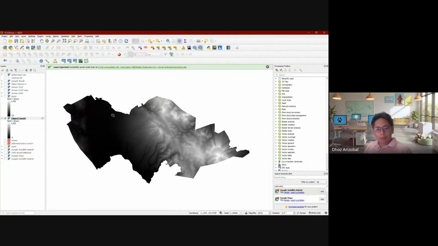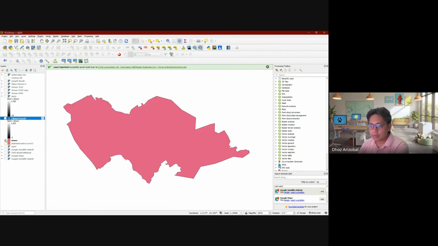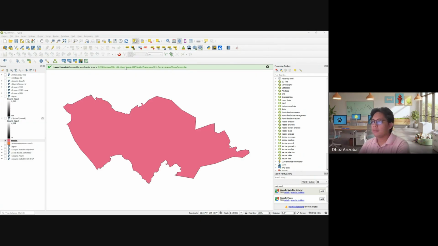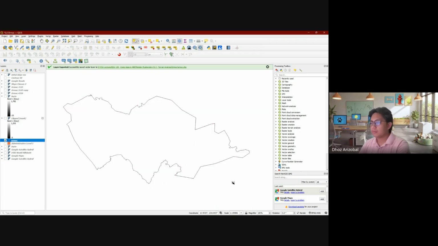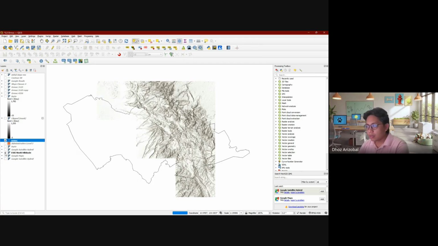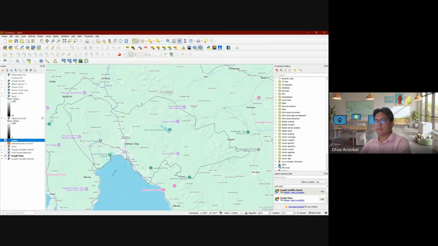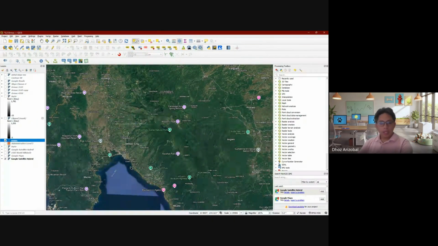So normally, what is the purpose of this? When you look at your satellite image, if I go back to my Google image, right?